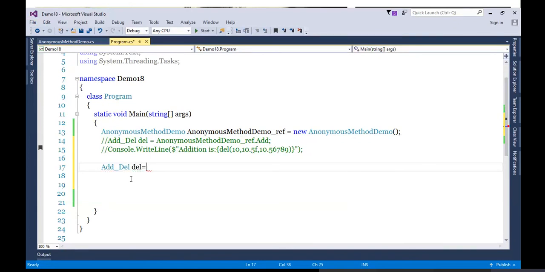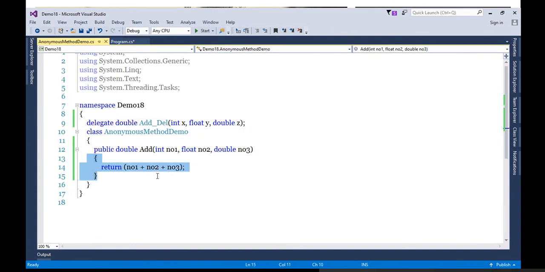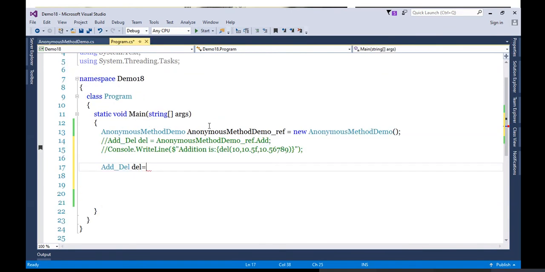And what we are going to attach with this is the body. For this, we'll use the delegate keyword.